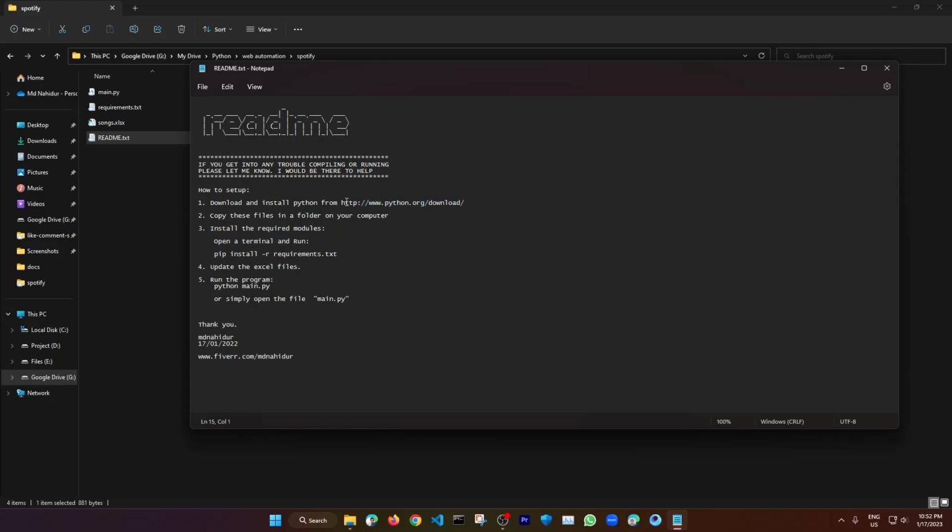And when installing Python, there is a checkbox that says "Add python.exe to PATH", so make sure to check that when you are installing Python, otherwise the program will not work. After installing that, you need to copy these files to a folder on your computer and